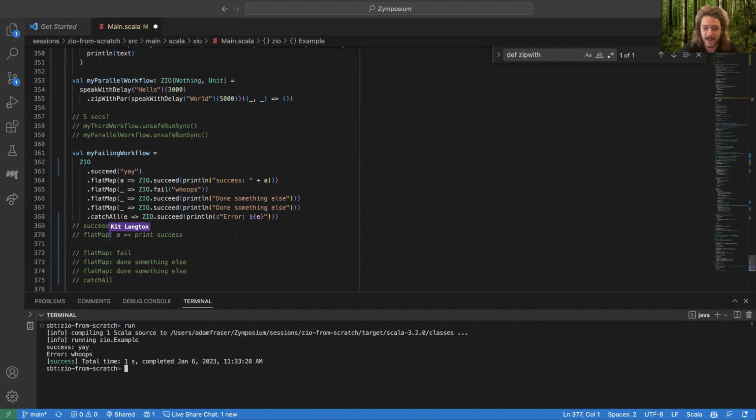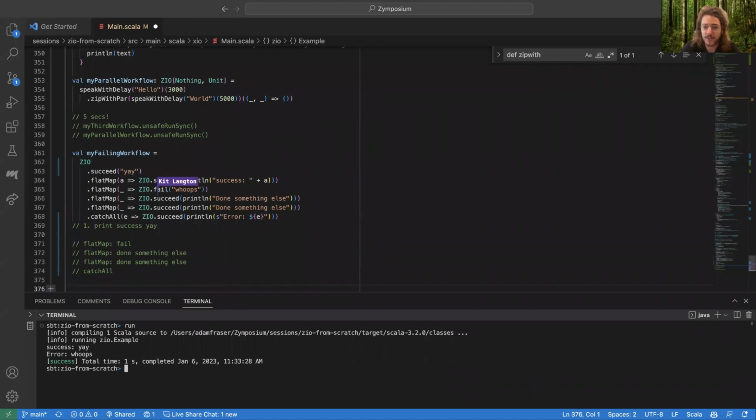So we'll take our yay and put it into there, which is going to print the message success yay. And of course this gets us a result, which happens to be unit, because that's the result of print line. We take that unit and pass it into the next callback, which just fails with a message. So we've printed success, and now we've failed.